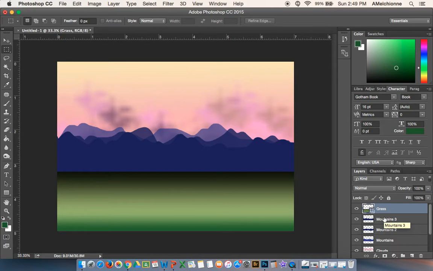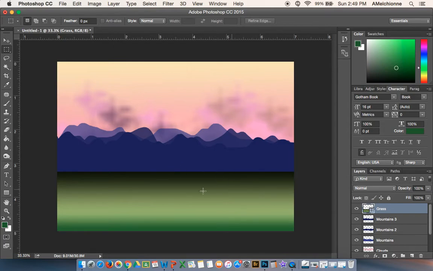So in your compositions, you need to make sure you have at least 10 layers, you use at least 2 shapes, at least 1 gradient, your brush tool. So I've done my brush tool, I've used 1 shape, I've used 2 gradients, and I don't have enough layers yet. So now